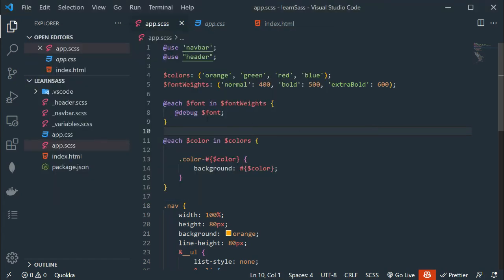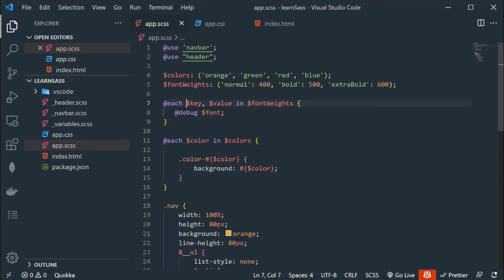But I want to access key and values separately. So what we need to do, let me delete font, and we have to add $key comma $value. Instead of value you can add A, B, C, whatever you want, but in my case value.